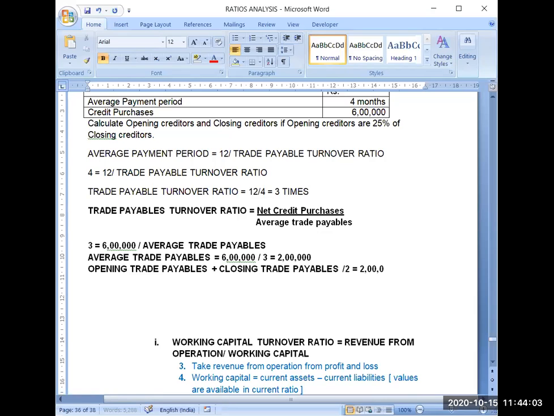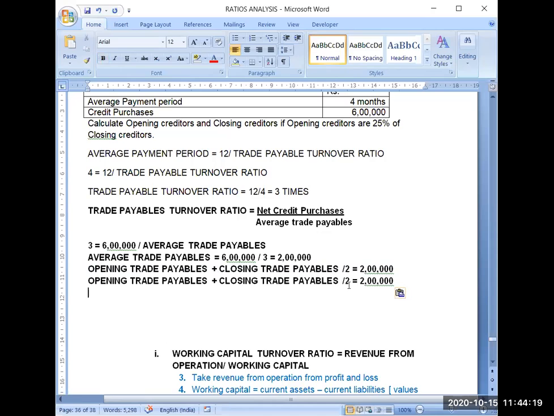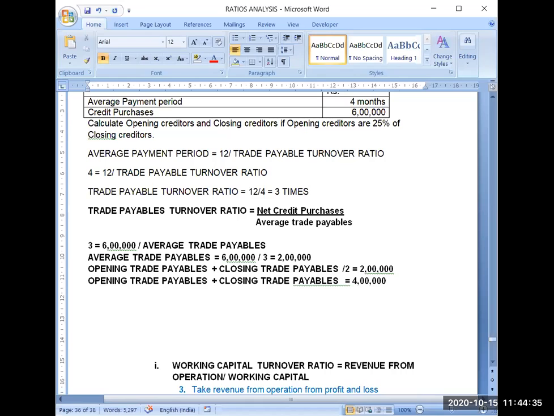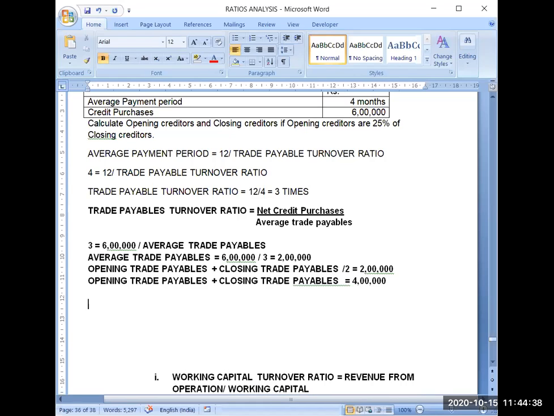And that's why it will become opening trade payables plus closing trade payables is equal to 4 lakh. This 2 will be cross multiplied by this 2 lakh and it will become 4 lakh. So we got an equation with the help of the information given in the question. Now the second information is given in the question itself that we will use, and that is given opening creditors are